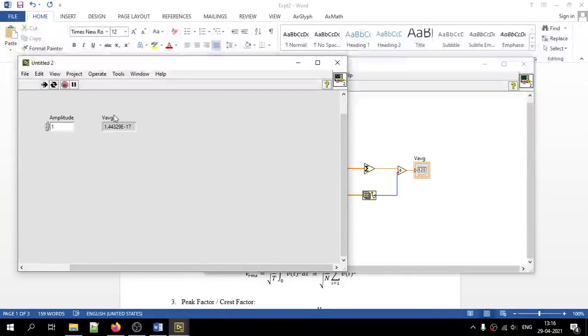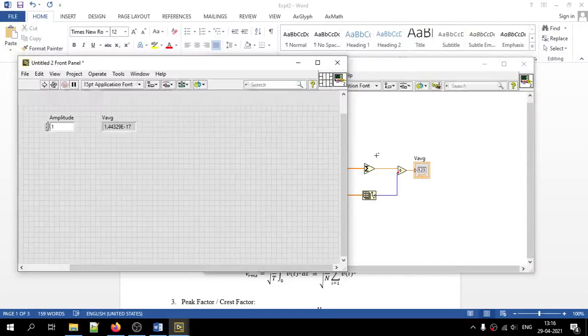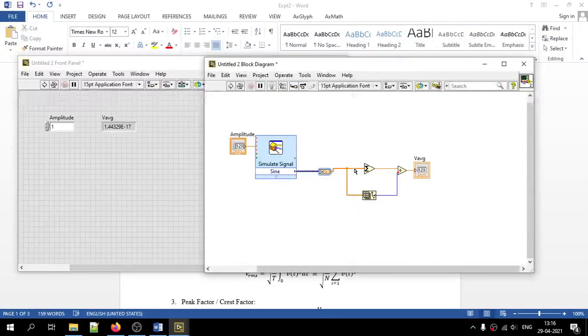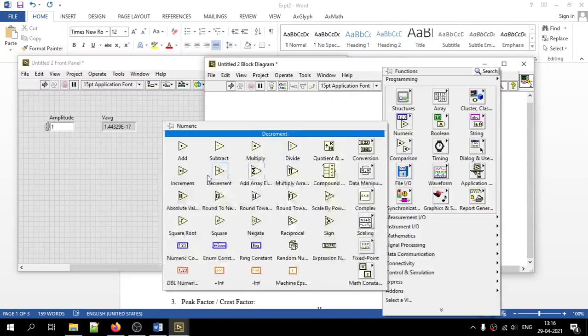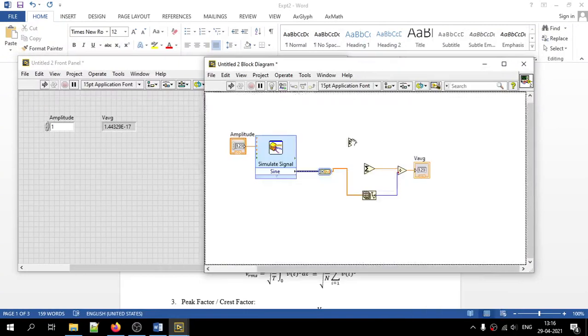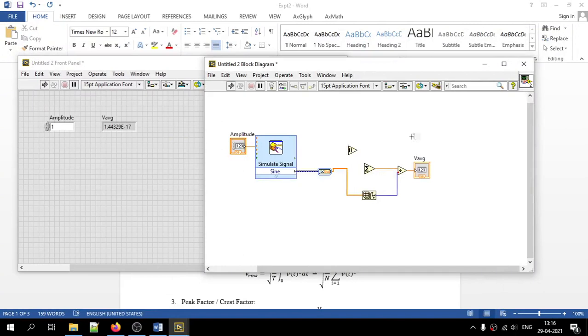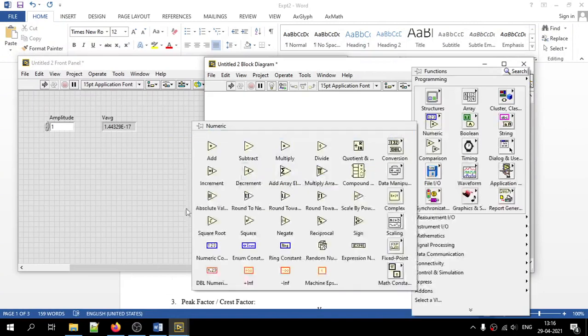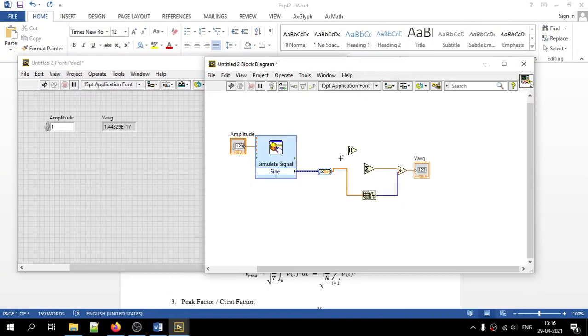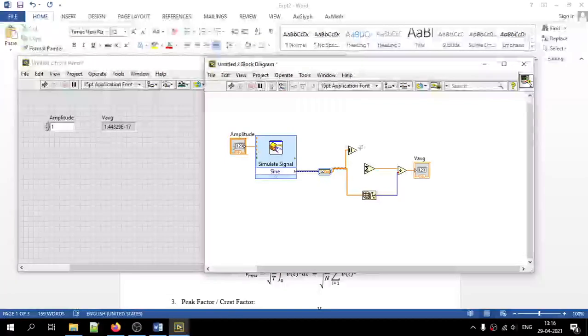Otherwise we can say that this average is the average rectified value. In order to enable this rectification, we need to consider only the magnitude component. We use the absolute value block, available under numeric. We pass this array to the absolute value block and use it for the summation.